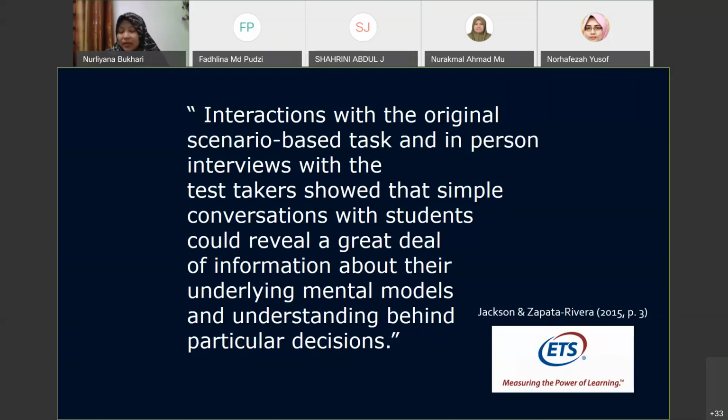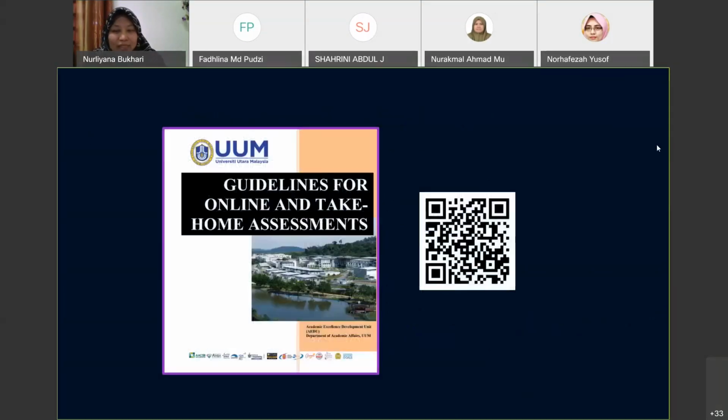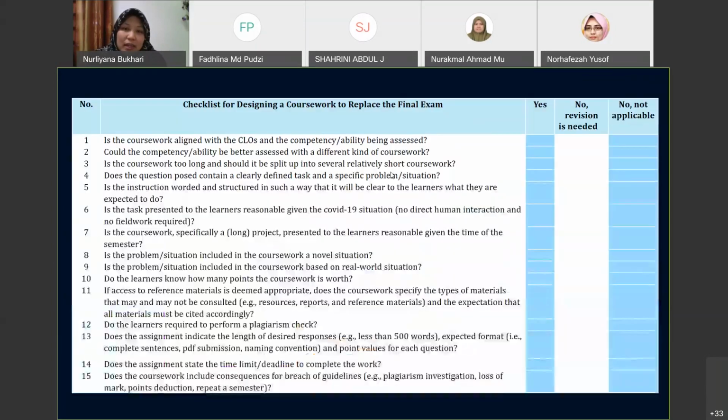We have many types of item formats, many means to assess. So if it's really good, go ahead, interview, or search for avatar program testing. And again, this is the guidelines. In this guideline, I did the coursework part. So that's my part actually. And I give this checklist that I adopted here and there. I have the references in the guideline, but this is basically what I've come up with